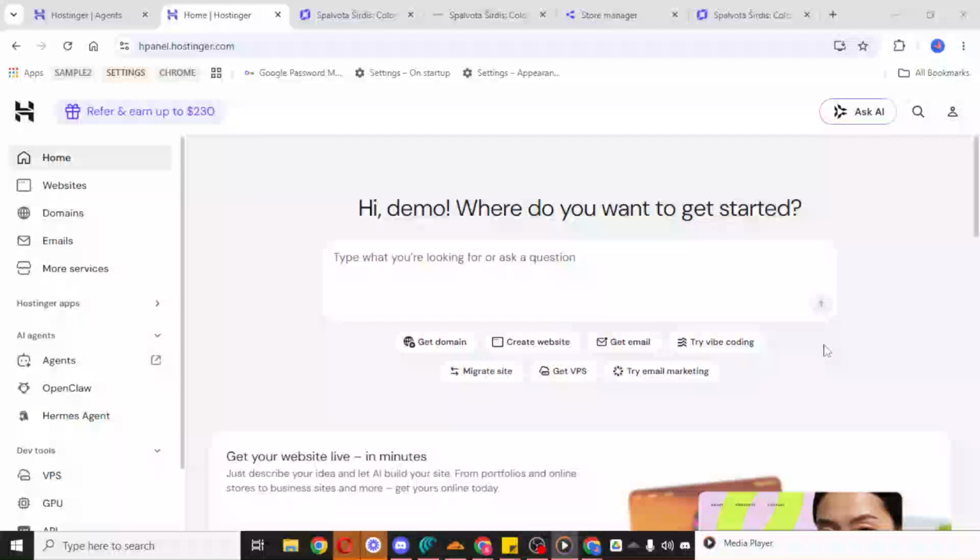In today's video, I'm going to teach you how to transfer a domain in Hostinger. To get started, open your Hostinger account and sign in to your dashboard. Once you're inside, take a moment to make sure you're on the main control panel where all of your hosting and domain management options are visible. This is where you'll be able to access the tools needed for the transfer process.